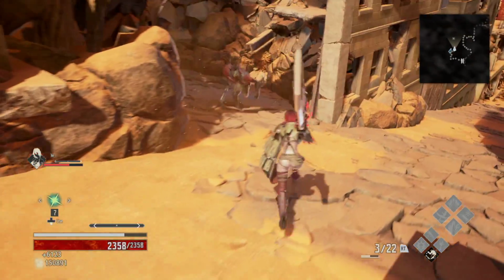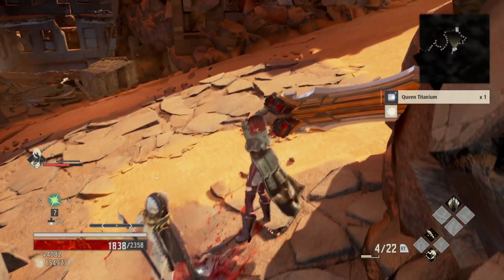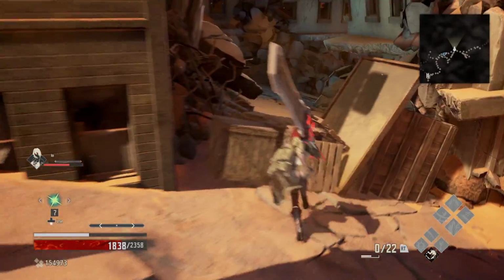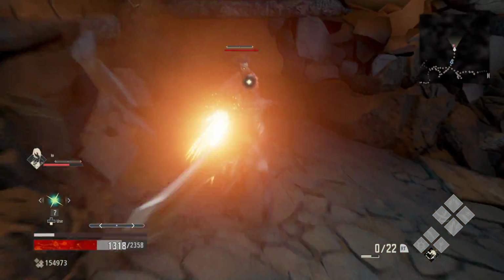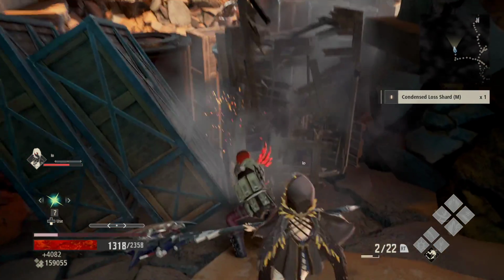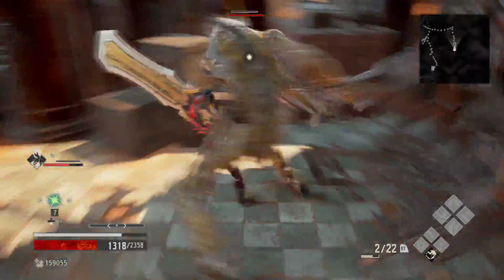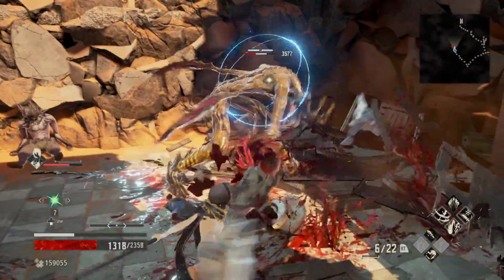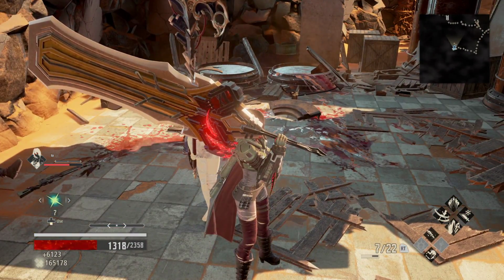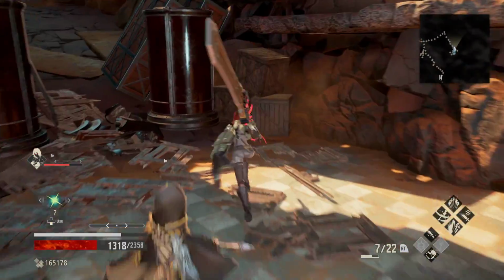Alright. So, heading down. Kill that guy, grab the titanium. This one is empty. This one has a baddie. Just wait on my stamina to get back. Alright, let's see, skip one path. Condensed loss. There should have been a...